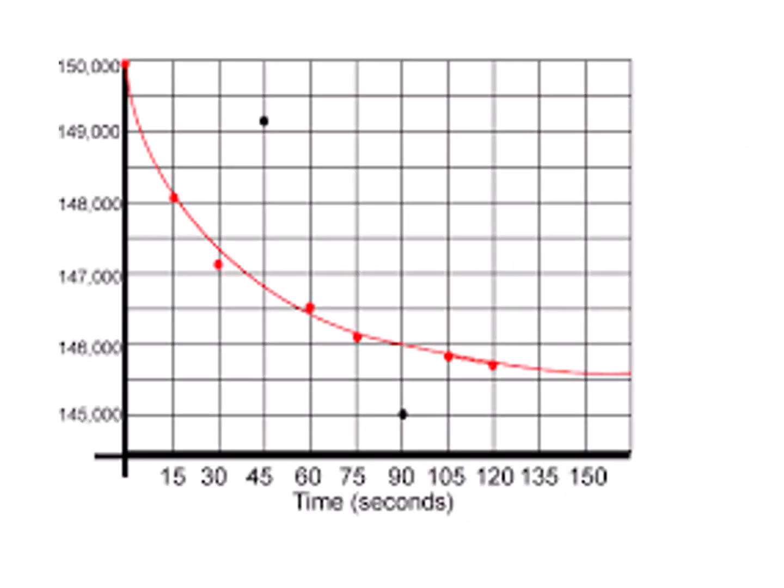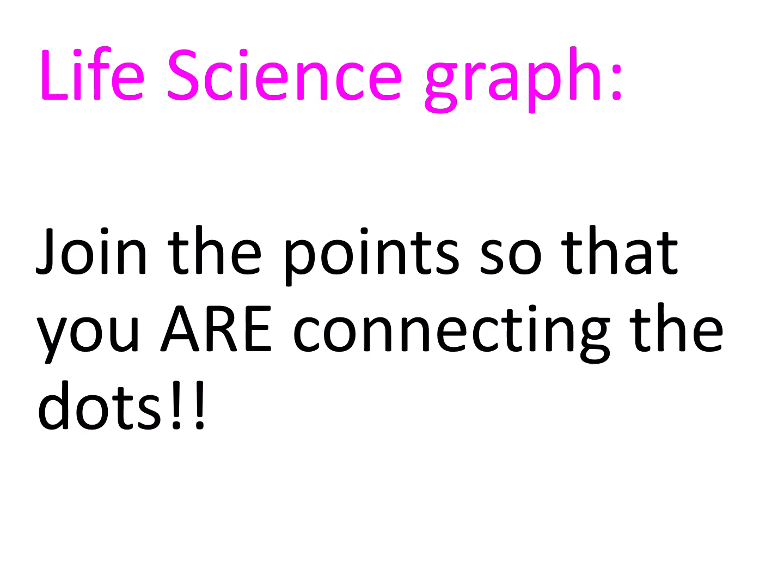Okay, this is another line of best fit, but it's more of a curved line. Again, here are all the dots. You can see this one's quite a bit far out. The rest are not too bad. And we do a curved line of best fit. There's no point starting it up here and going down like this when you can see that there's a curve going. So follow the curved line coming around. A line of best fit doesn't have to be a specifically straight line if you know you're going to get a curved line graph. Okay. Next then is a life science graph.